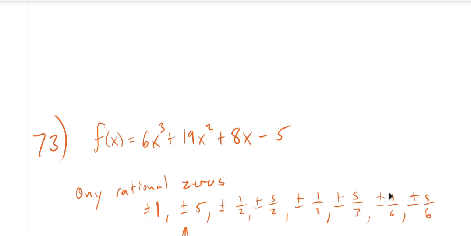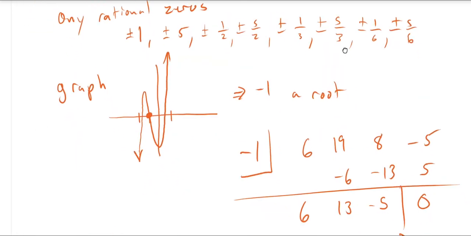Now, one of the reasons this is kind of being phased out in favor of the graphing method is that it's a lot of work, possibly, just to check for rational zeros that may or may not be present. Not all polynomials factor over the integers, and so not all roots are rational. So we wind up with 8 times 2, that's 16 possible rational zeros to check, or you grab your handy-dandy